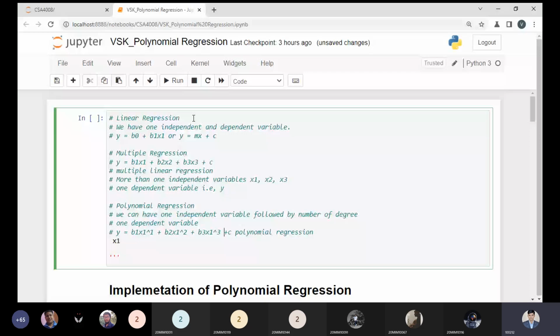And here we have one independent variable, that is x1, and one dependent variable, and that is y. This is a little bit of difference we have seen.